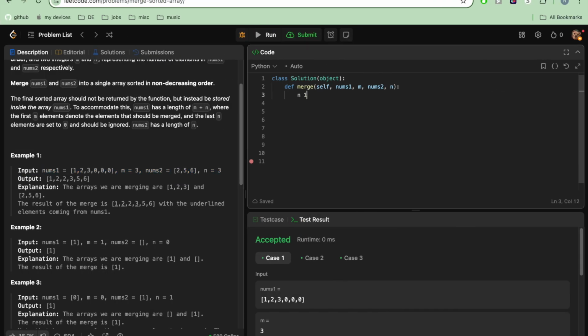So I'm going to use first index. So this is my index for the nums 1. This is my index for the nums 2. And this is the index variable for total actual element from both the array. Okay, now I'm going to iterate through both the array nums 1 and nums 2